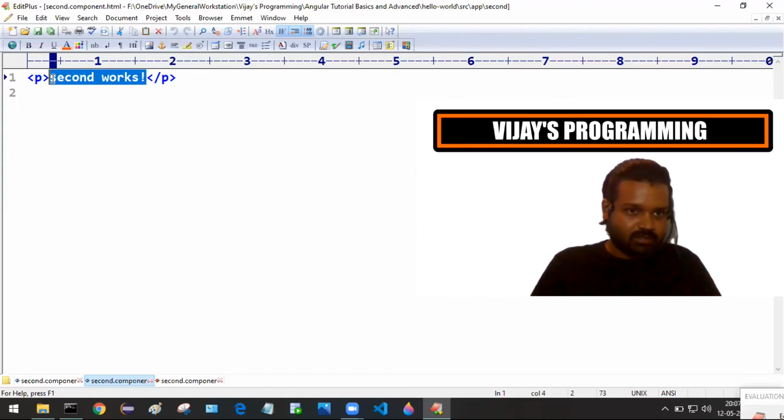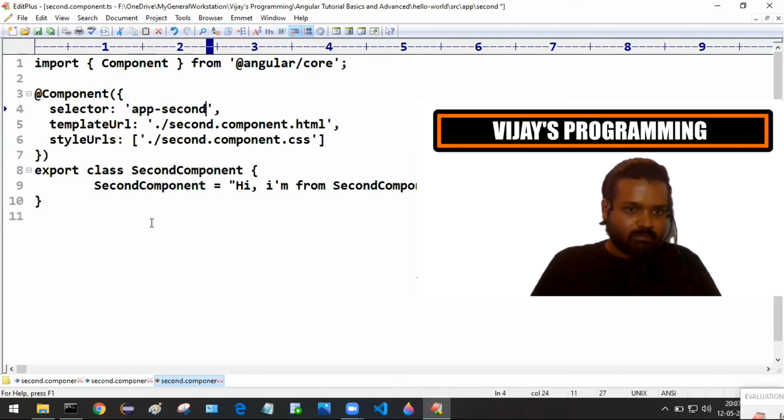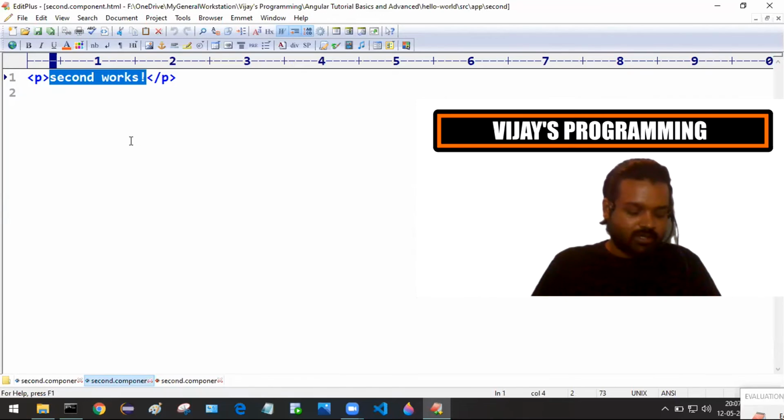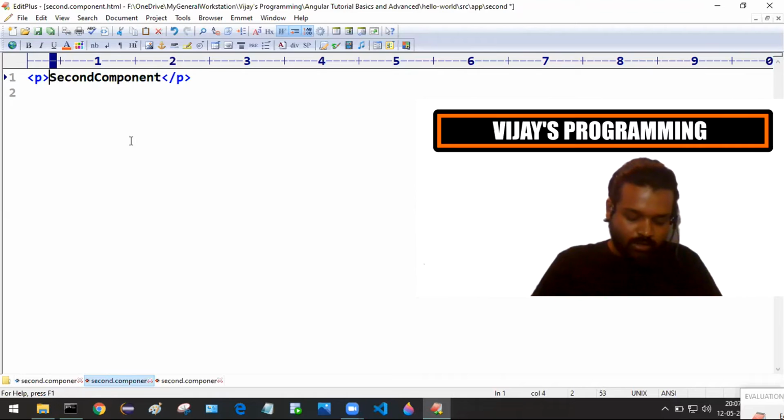So what we will do is, instead of this, we will use the string interpolation syntax. Okay, the concept string interpolation. In detail we will be learning about string interpolation in upcoming tutorials. As of now, this syntax is called string interpolation. Save it.